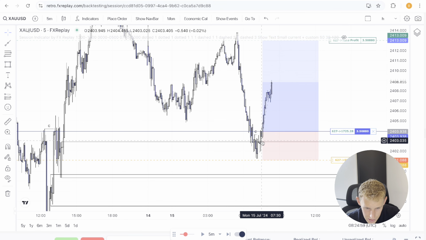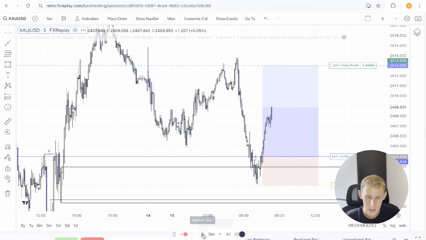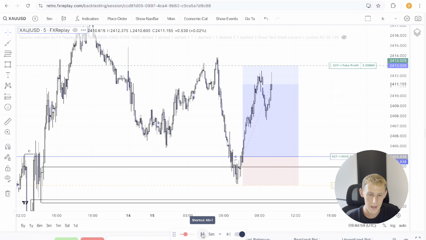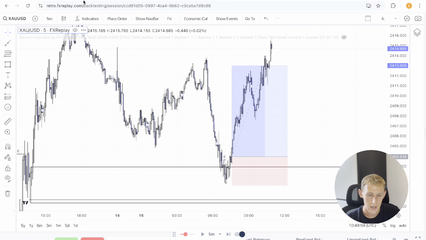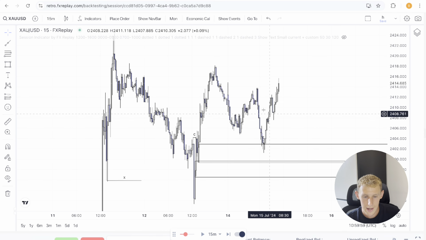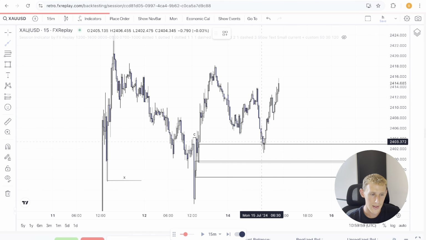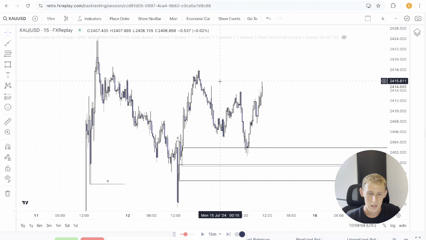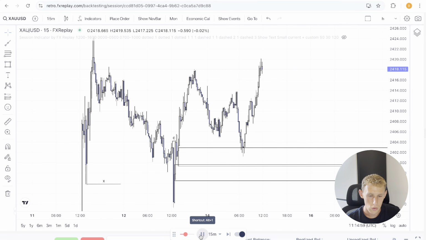So yeah, in that case, it did just pull back into the demand, but it's a bit unnecessary really to wait for that. And yeah, there we go. So that did end up playing out from the refined demand. The reason I was so confident in that one as well is because it did just take out previous lows into it as well. So it was a nice opportunity. Cool. Let's look for another